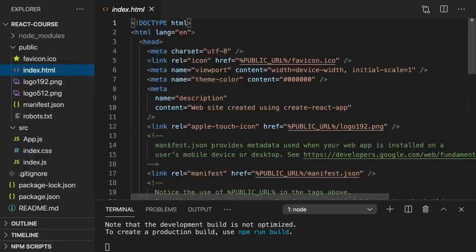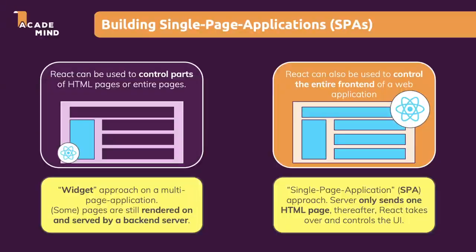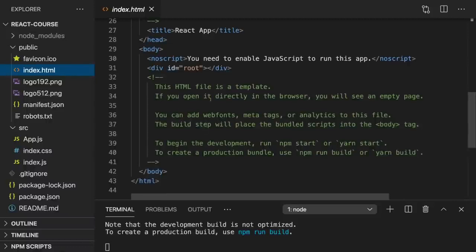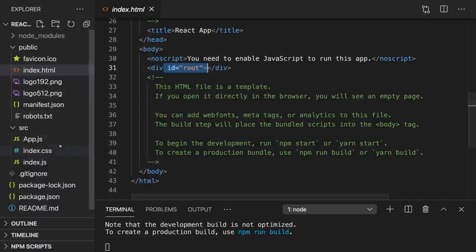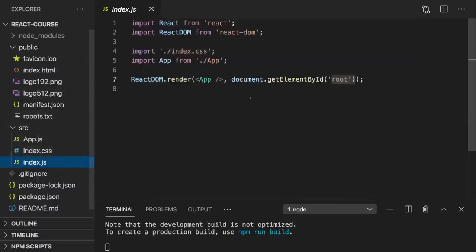That is the single HTML file that makes up this React application. Because I mentioned before, you typically build these single-page applications with React where only one HTML file is fetched from a server, and then React takes over and controls the DOM and what's visible on the screen. Now in this index.html file, in the body section, we've got a div with an ID root, and that ID root should look familiar. That is the div which we in the end select with this document.getElementById code snippet here. And therefore, in the end, what we tell React with that line is that we want